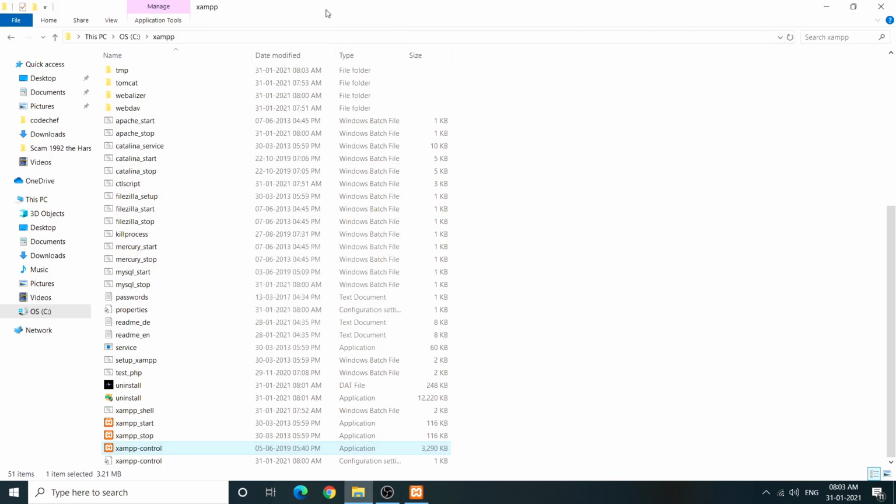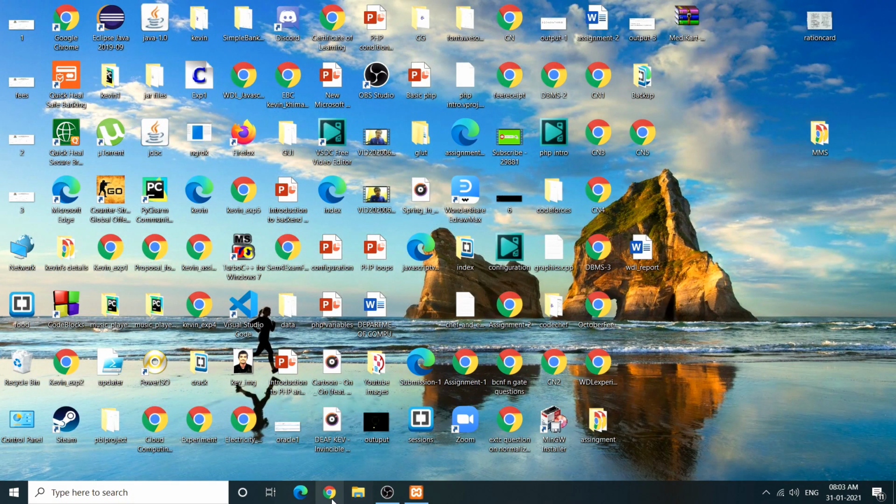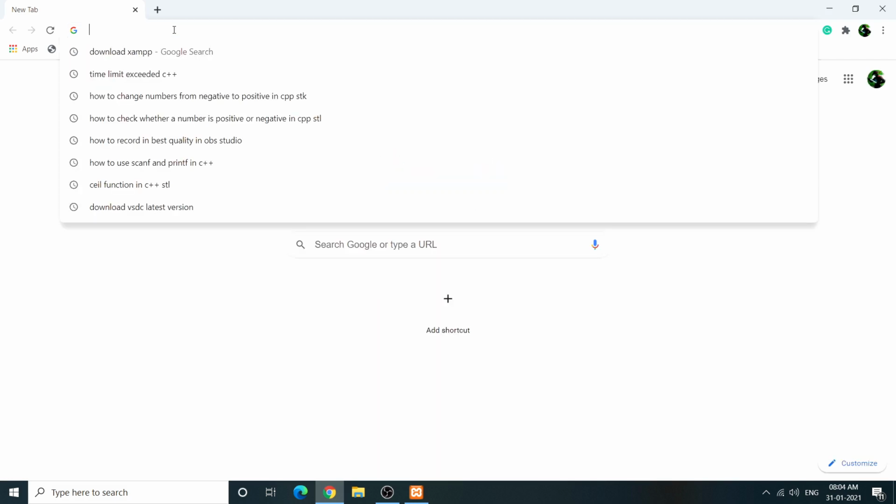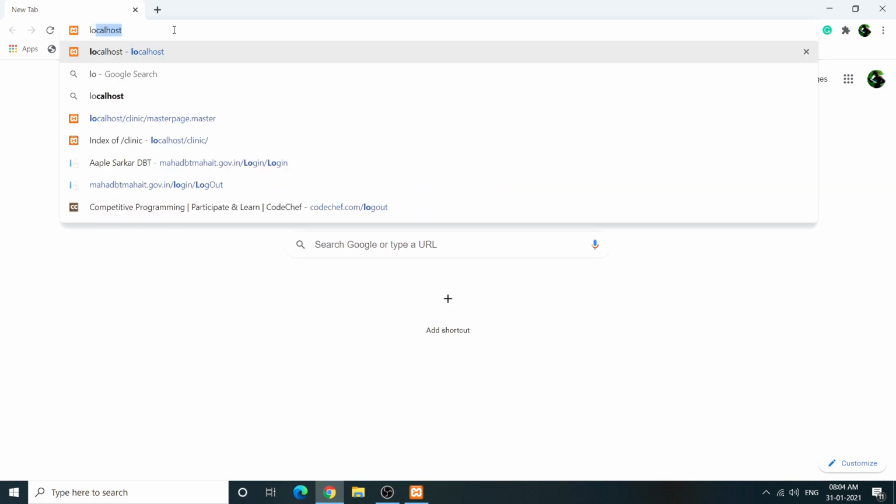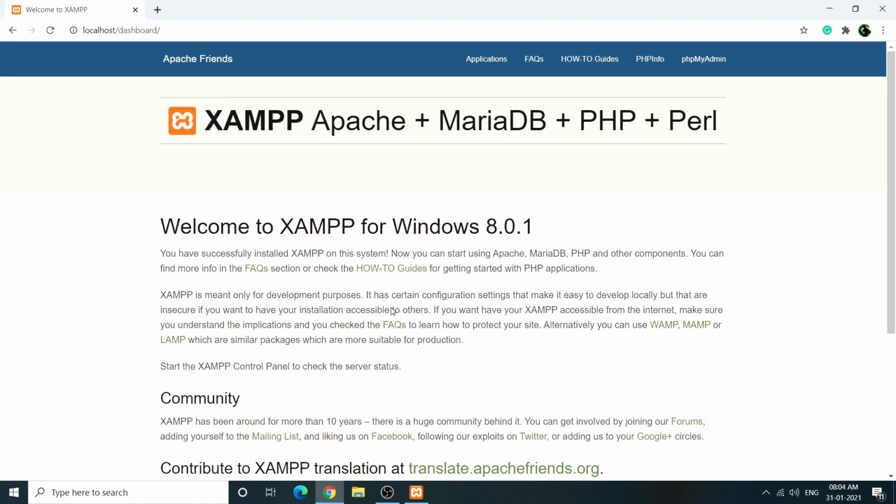Okay, now let's check whether our XAMPP is working perfectly, whether the installation is properly completed or not. So we'll again go to our browser. You can go to any browser. I'll go to Google Chrome. And simply we will write localhost. Simply write localhost and click enter. So if you are able to see this page, that means XAMPP has been successfully installed in your system and